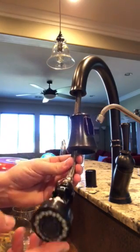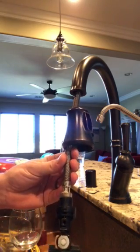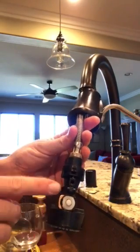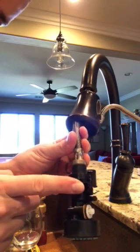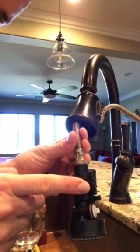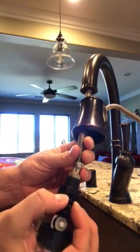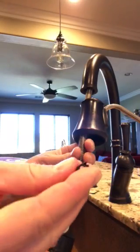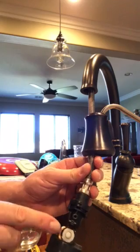But I also descaled the bottom with some CLR. Anyway, there's a little plastic piece here, like a spacer. You really don't want to lose that because it's where the screw goes back in. Just take that off. It comes off just like this, just pulls right off, a little tiny thing. Looks like this. Okay, so you put that to the side with your screw, and then the plunger assembly is